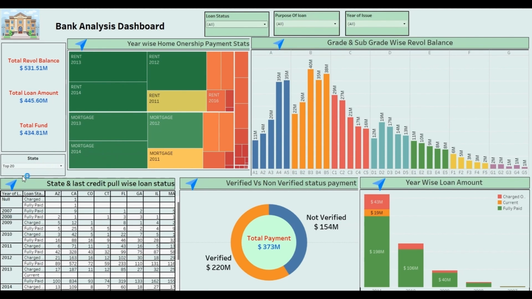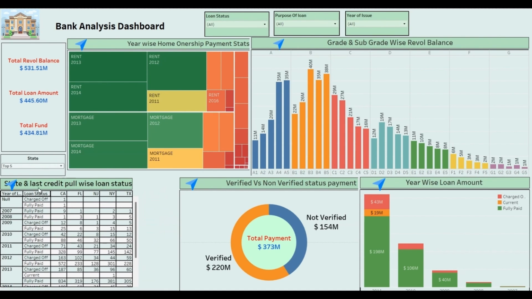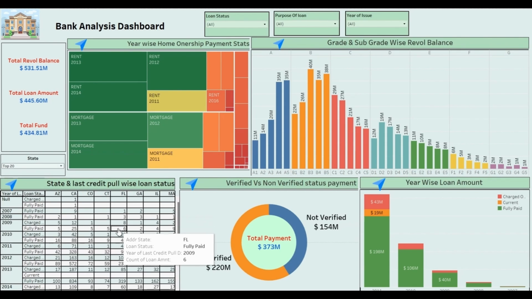There is one more parameter I have assigned for this particular chart. As you can see here, I can see state wise, in the top 5 states, and last credit full date wise loan status, and top 20 states, like that we can see. There is one more thing I have assigned, which is, as you can see in the